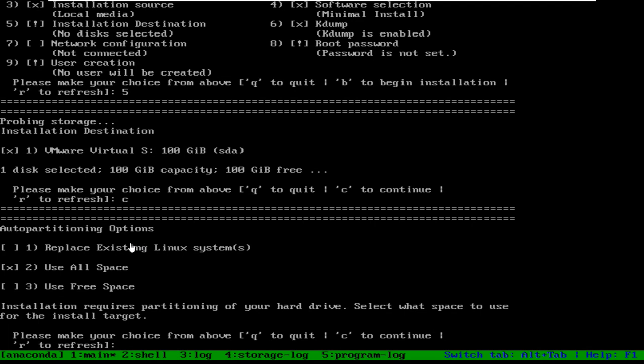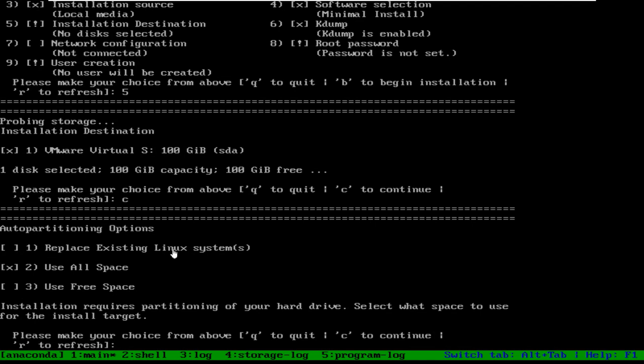So this is the second option which you don't get in the TUI installation method: no custom partition option. It only gives you the option to create auto partitioning. And if we use the graphical installation method, then it will give us the option to create custom partitions. But right now only auto partitioning. And what do we have? 3 options here.